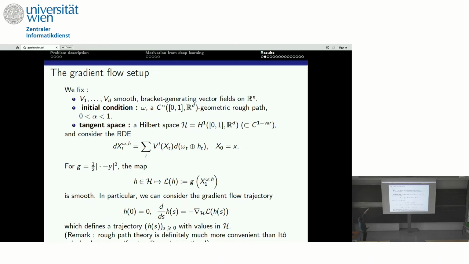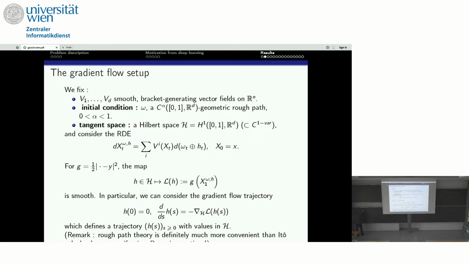I think the problem is this slide here. Okay, so what are we doing? We are in this setting where we have these d directions, which are smooth and which generate the tangent plane at each point. So we know we have a solution to the control problem, and we do a little bit of a change of variables. So before we had